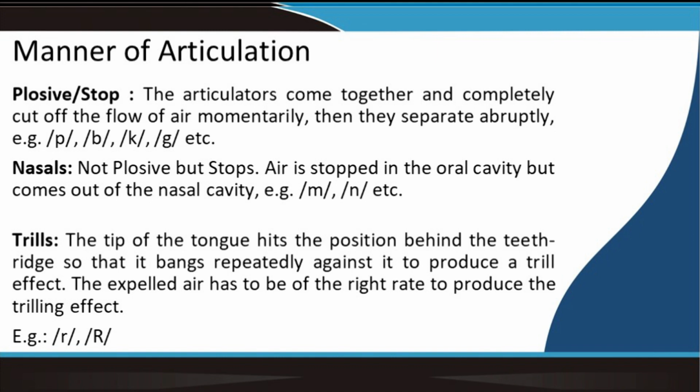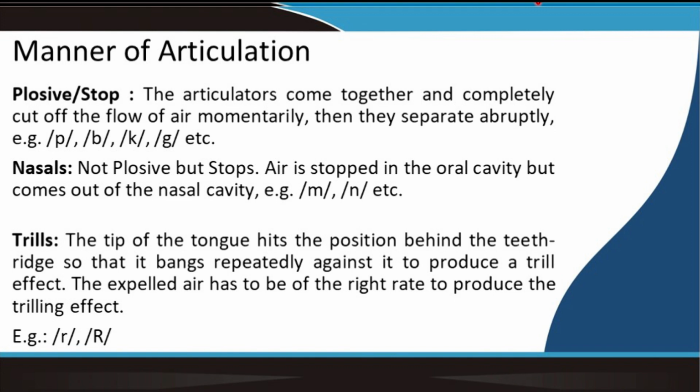Now, let us talk about the manner of articulation. You know that all these articulators are blocking the air somewhere in our mouth, but in each process the way in which the air is released after being obstructed is different, and that is why the combination of place of articulation and manner of articulation creates unique sounds. There are certain sounds called plosives. Pa is a bilabial plosive.